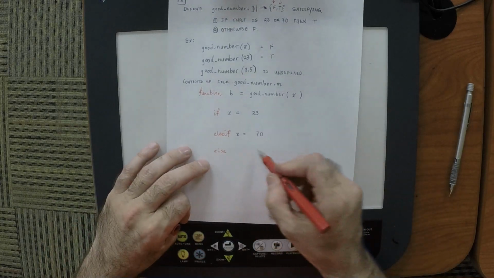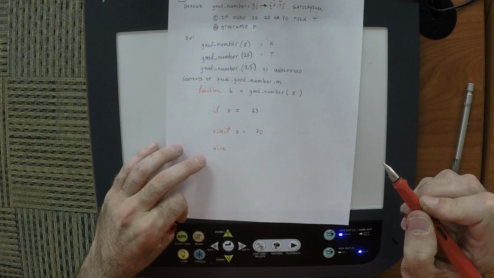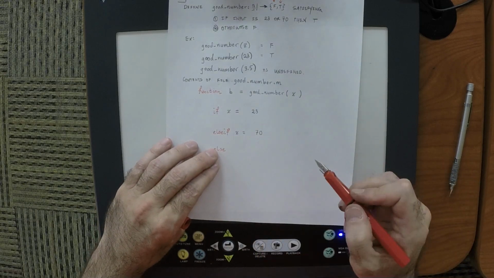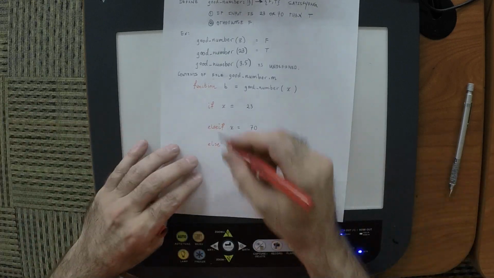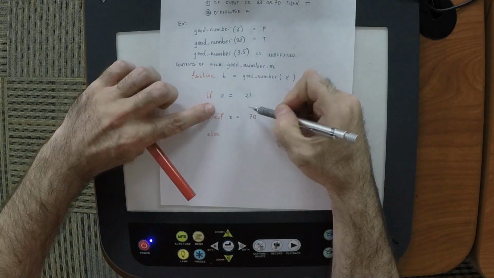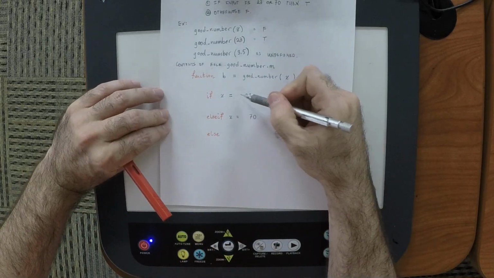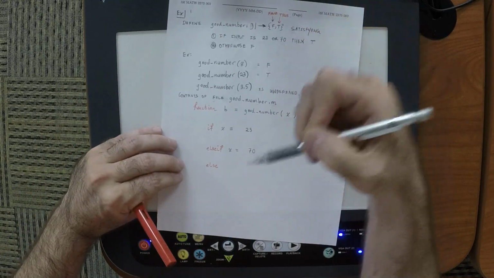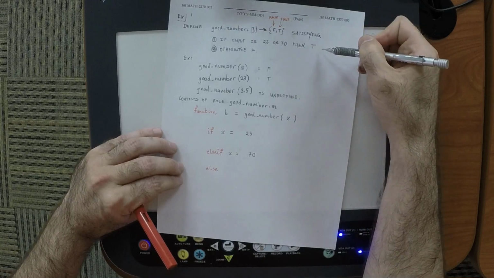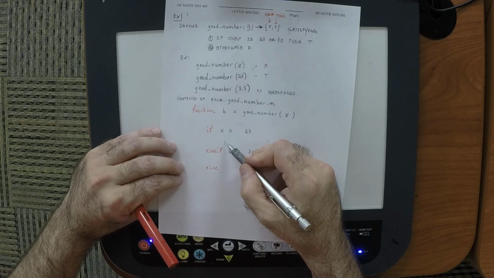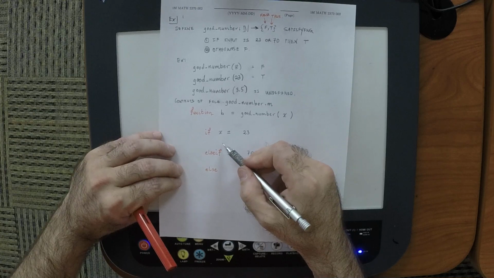Okay, but else is unconditional. It's not else and then you check something. If you're checking something, then it needs to be elseif. Else is unconditional. So I'm going to pause there and say, if we're in here, that means this condition was true. According to the description, the output should be true. So we need to define what B is. So what do we need to write? B = true